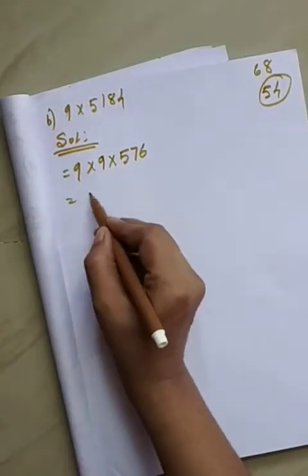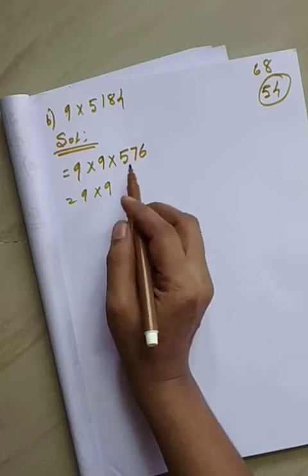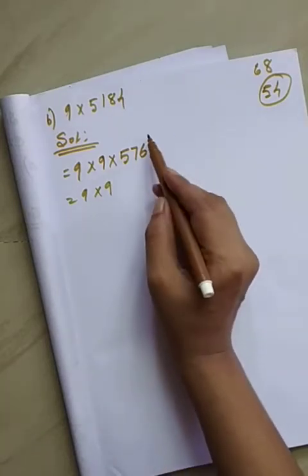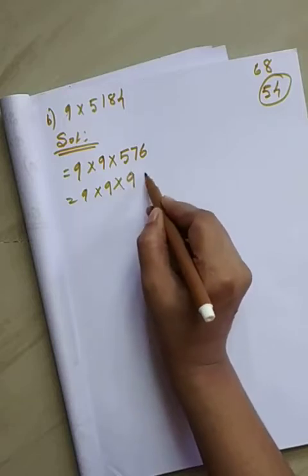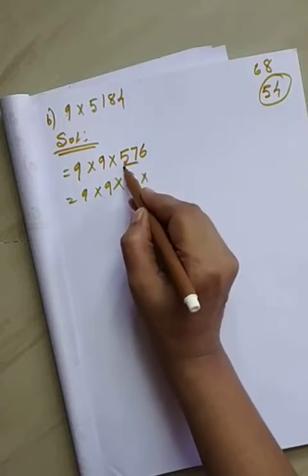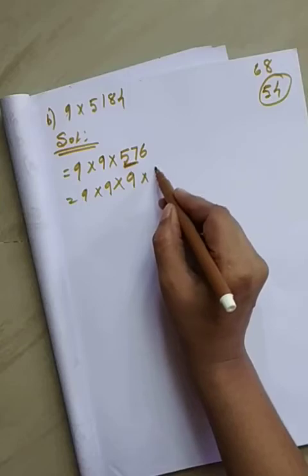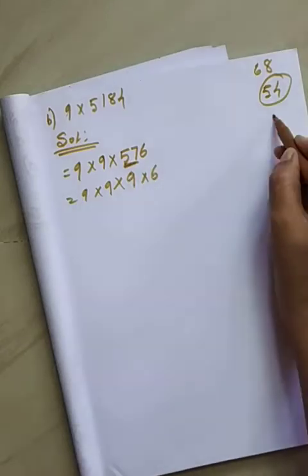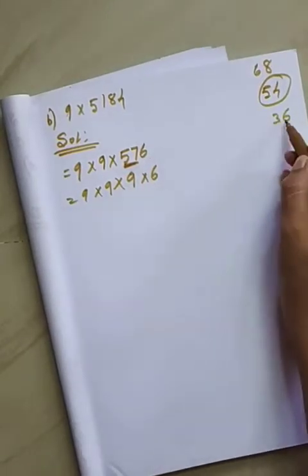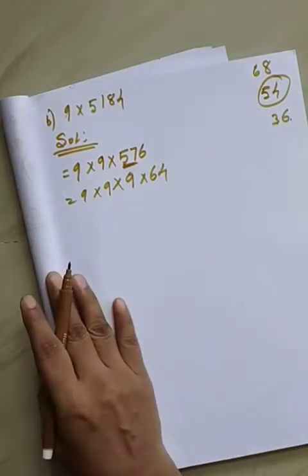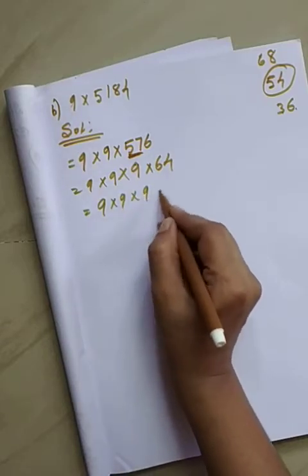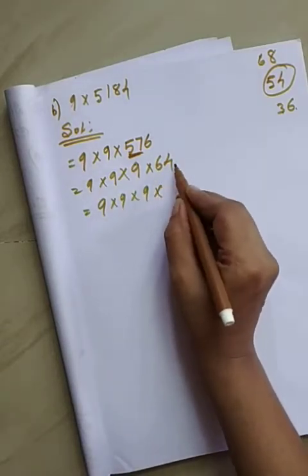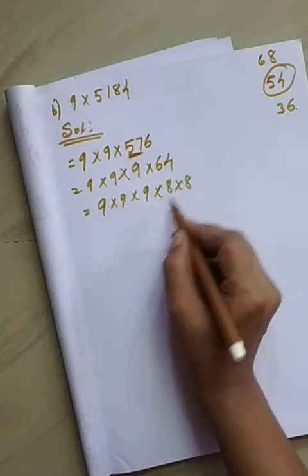Clear? Now 9 into 9. Again you can take the ninth table. It is possible or not, you can check it. Okay, so put 9 into, how many 9s are in 57? 6 9s are 54. The remainder 3 and then take this 6. How many 9s are here? 4. Okay. Now everybody knows 9 into 9 into 9 into 64, and 64 means you can write 8 into 8.